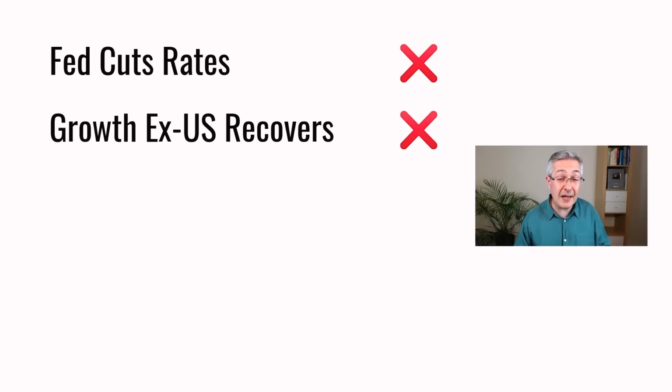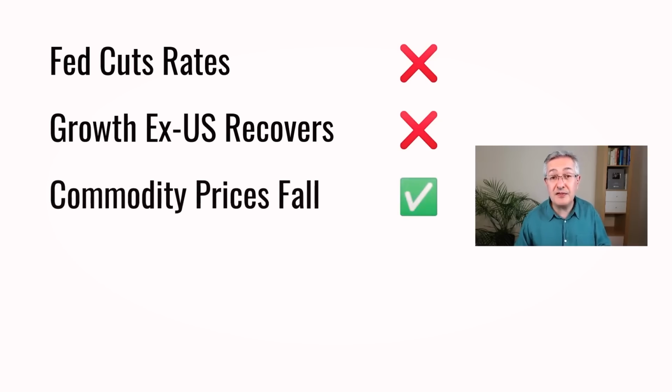What I think's more likely is that commodity prices will fall, maybe not take away inflation, but it'll certainly reduce it from its currently very high levels. The reason why that matters is that it'll make central banks less likely to hike, or at least be less aggressive in their rate hikes. And one of the reasons why the dollar's been so strong is that the Fed could be more aggressive in its rate hikes because of the strong US economy. So if commodity prices fall, then this competition amongst central banks to hike will actually dissipate.